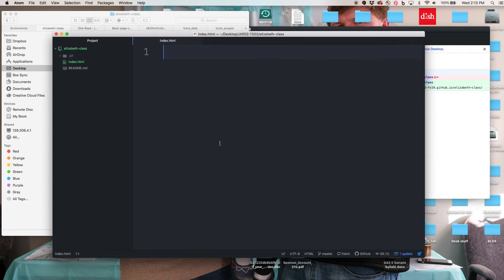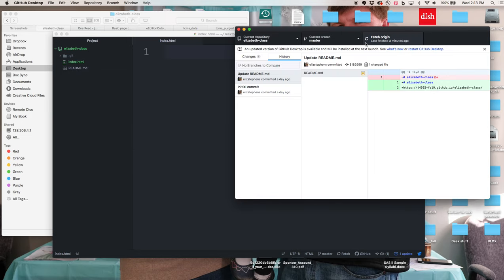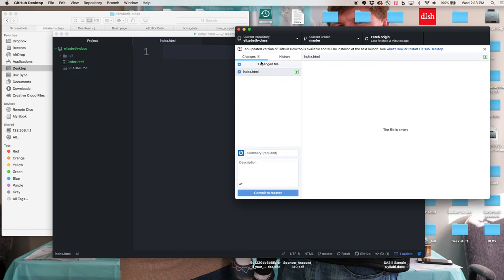And so now I have a file, and you see it's showing me where that file is. It's in my repository folder, and you see that it's green here. That means I haven't committed this change, but if I flip over, you can see that I have a new change, and it's saying that I have one changed file. So I am going to say added